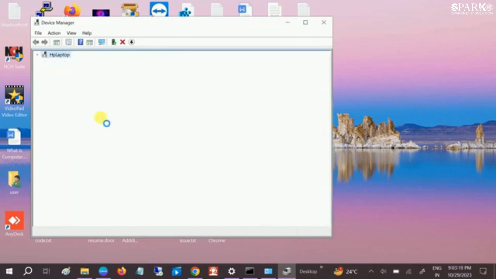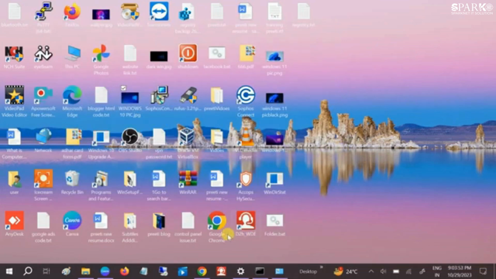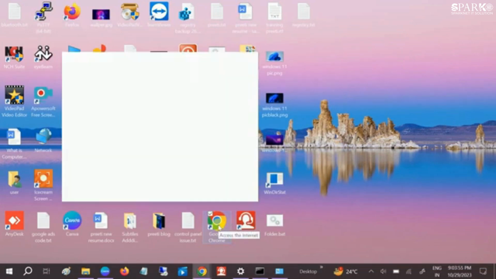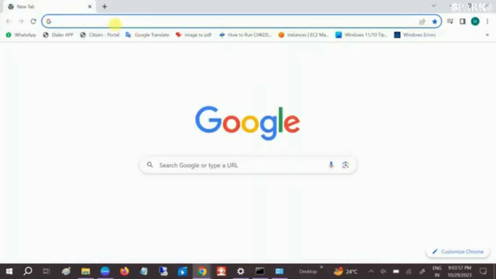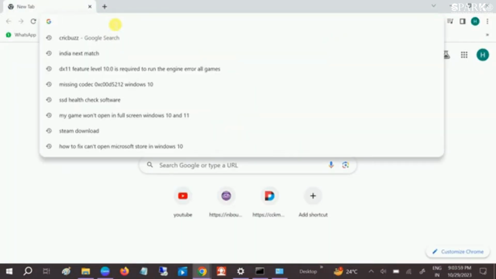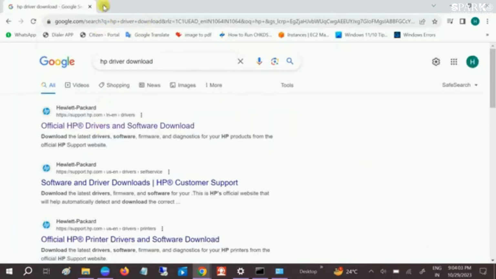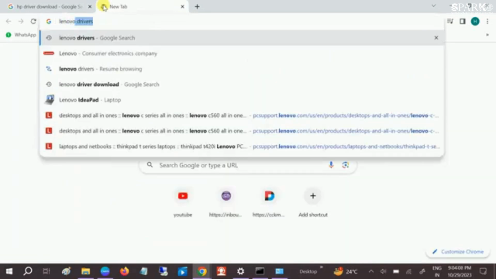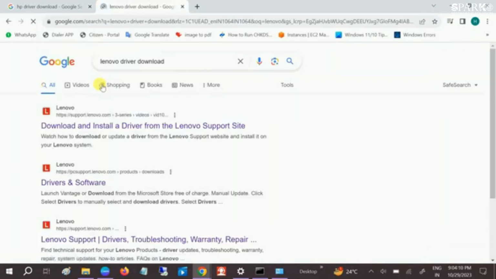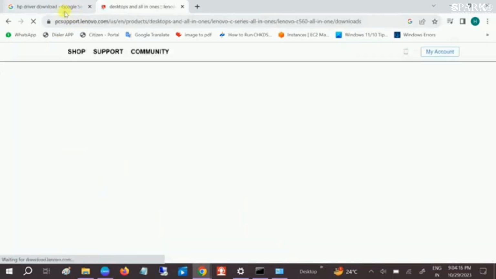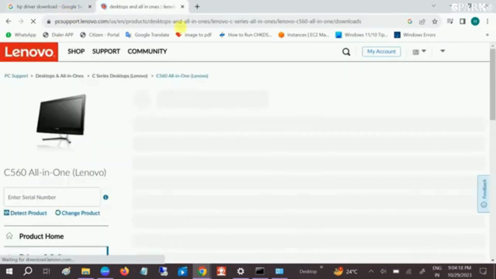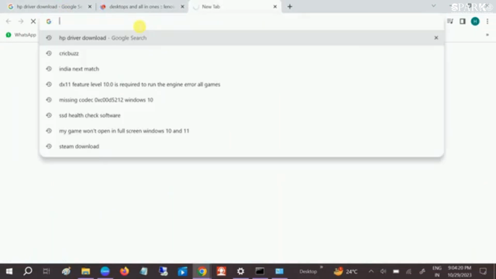If it does not fix your issue, you can go to the manufacturer website and install the latest driver from there. On the search bar, you need to type HP driver download if you are using an HP laptop. If you are using a Lenovo laptop, type Lenovo driver download. Select that option and click on driver download and software. Similarly, you can do this with all the drivers you have. And if you have the manufacturer driver,